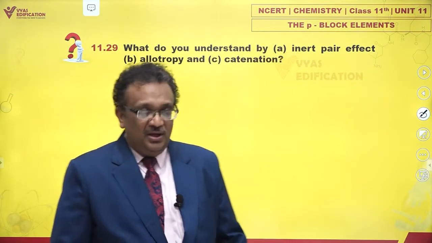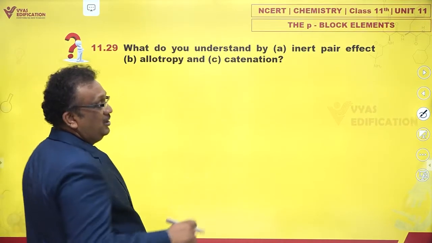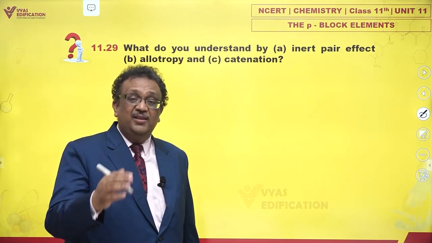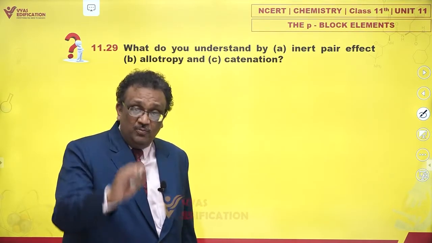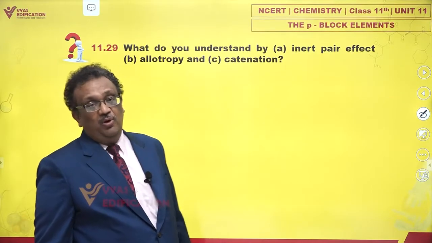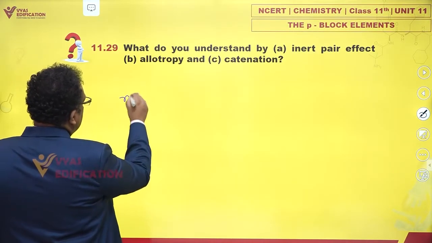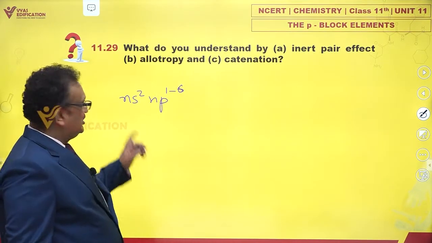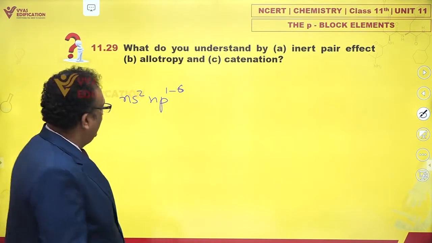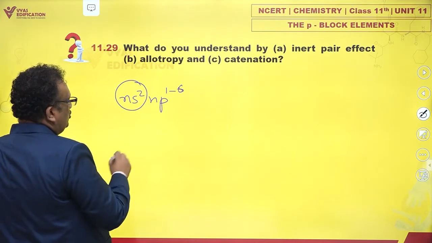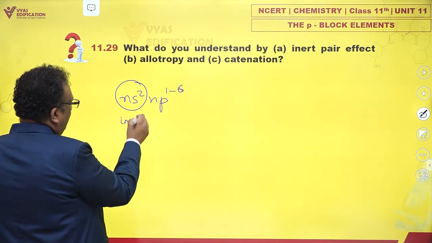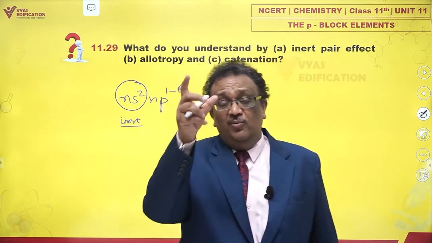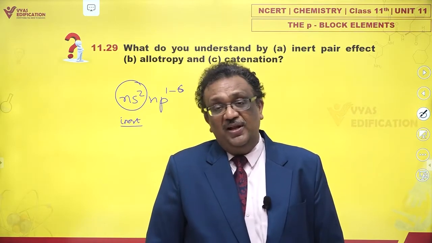What? Let me repeat. In p block, elements have a tendency to become more stable in their lower oxidation state on moving down the group in p block. That means ns2 np1 to 6. This is typically a p block configuration. In this, ns2 tends to become inert. This pair of electrons tends to become relatively more inert on moving down the group, and this phenomenon is called